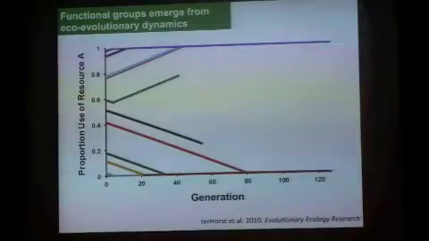The other interesting thing we pull out of this model is that if we just throw 10 species randomly onto this y-axis, we find that some species go extinct. This one goes extinct, this one goes extinct. But you get about 4 species converging to use one resource and about 4 species converging to use the other resource. And so this might be one way where you can get the evolution of functional groups: here you have functional group A, here you have functional group B.